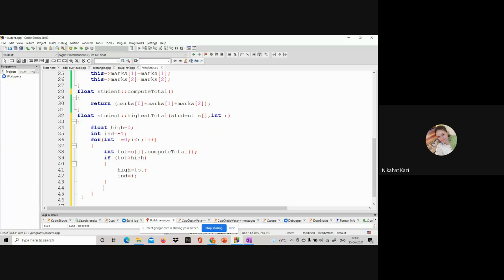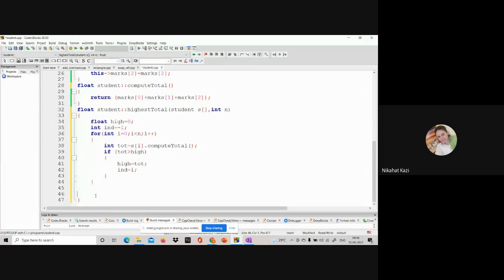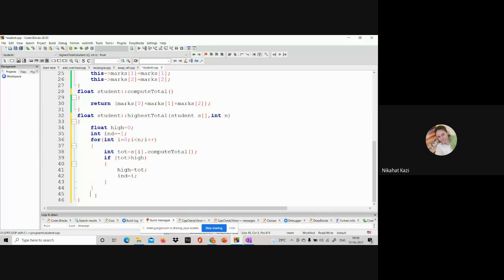So what I will do is, I have this object. Okay, I know S of index will be that student who has got the highest marks, right? Yes or no?